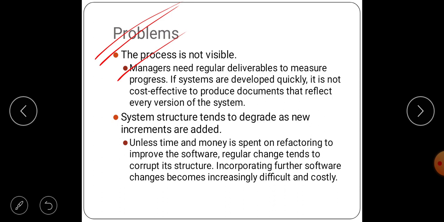Why is it degraded? Because there are so many changes to the particular product, it is going to lose its original structure. So these are the two problems: the process is not visible, and system structure tends to degrade as new increments are added again and again.